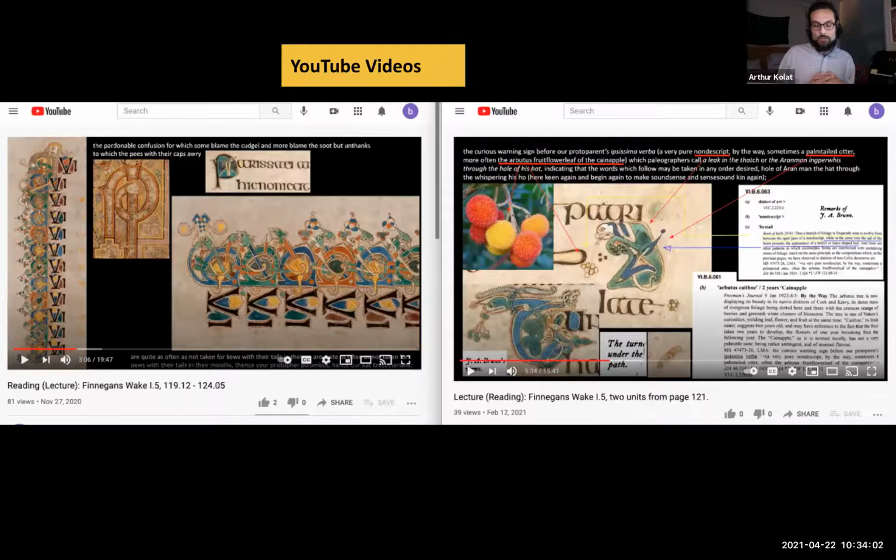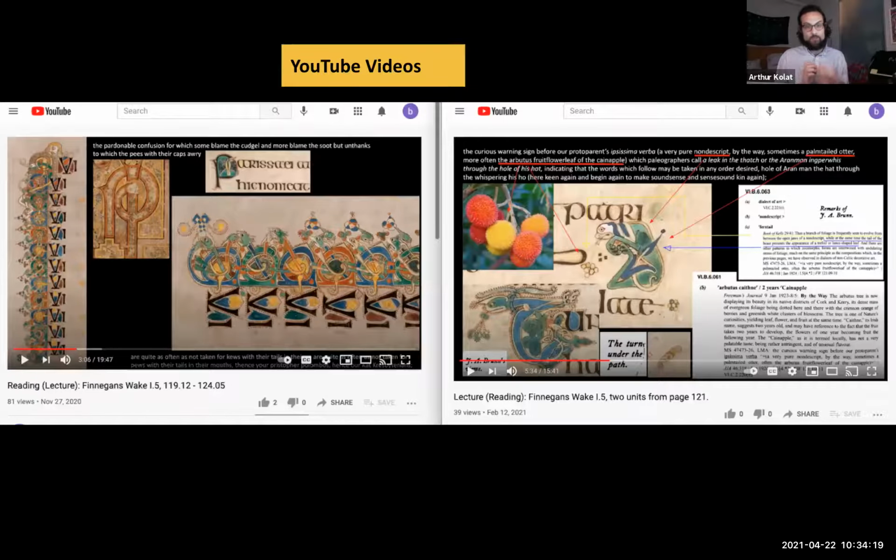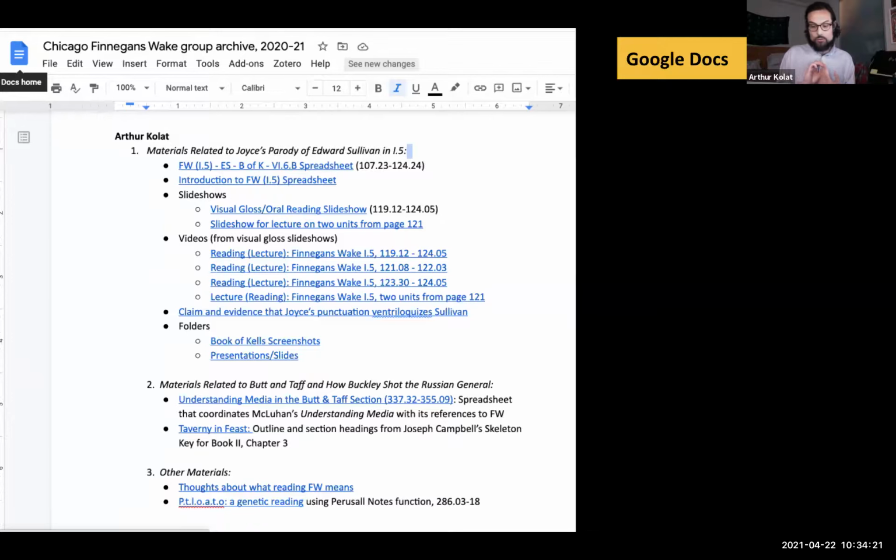Preparing materials in Google Drive also had the benefit of asynchronous presentation, something we know a lot about at this point, which is just to say that students can use non-class time to make or review presentations and lectures, and that leaves class time for discussion or other engagement. And finally, our group used a Google Doc with hyperlinks as the archive for our various projects. You can see my contributions to our group on screen, and this link to the Google Doc will now allow us to easily share what knowledge we did produce with those who might find it interesting.